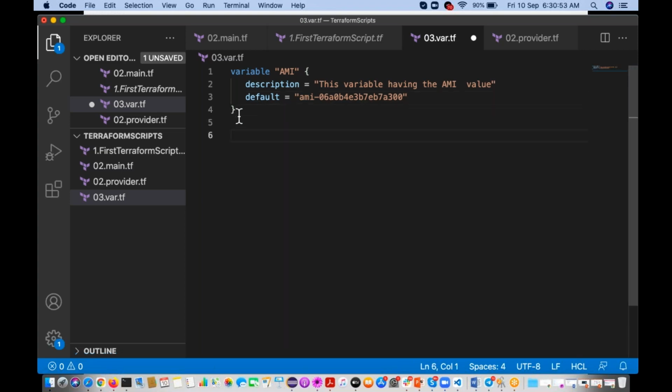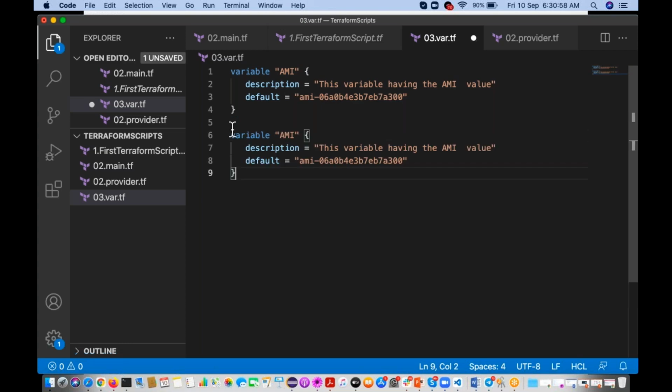Like that, you can create another variable. Another one is instance type.